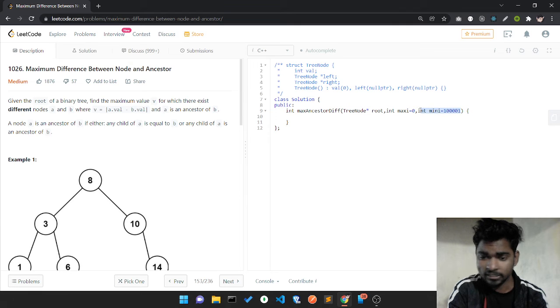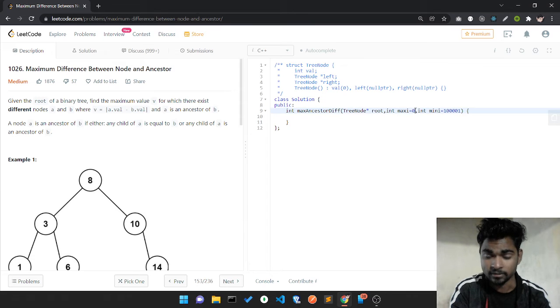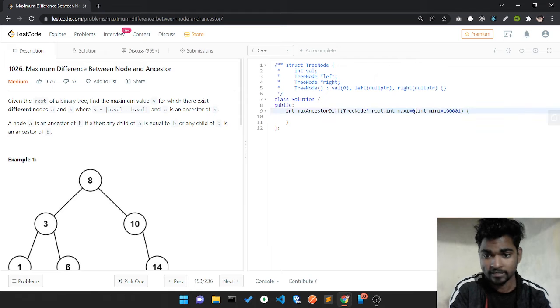It's one of the most popular things I love in the C++ OOP concept. If I initialize with something, it's an additional parameter that I give in the point of context.